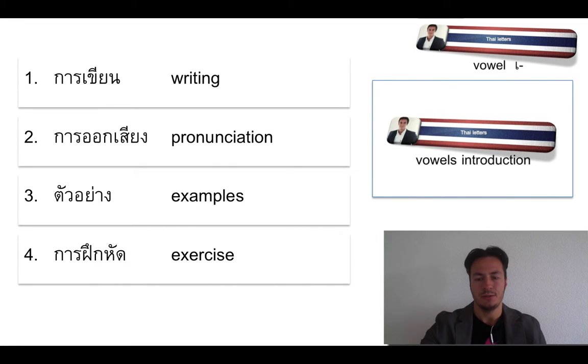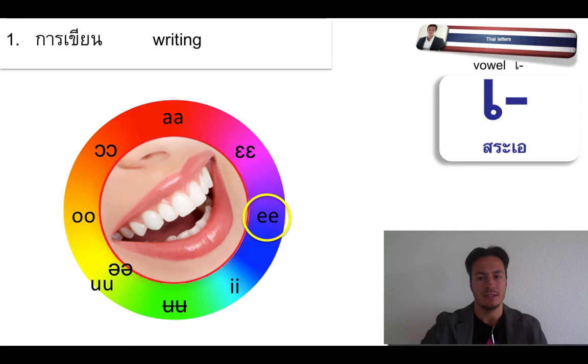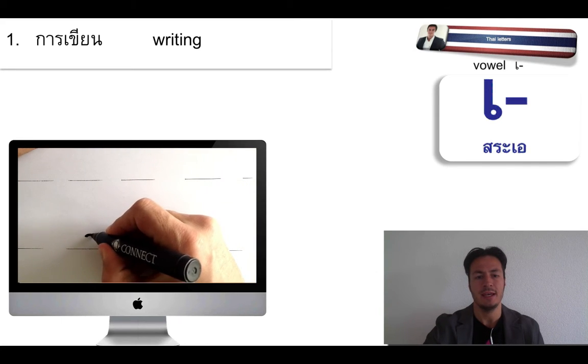I would like to refer you to the vowels introductory video, which is introducing you to this course and its structure. Within the wheel of vowels, we will find the long A vowel right here to the right. Sara A. Okay, let's see how this vowel is written. It's placed before the consonant it belongs to. However, as you may remember, it is spoken or read after it. So basically you write it A, A,